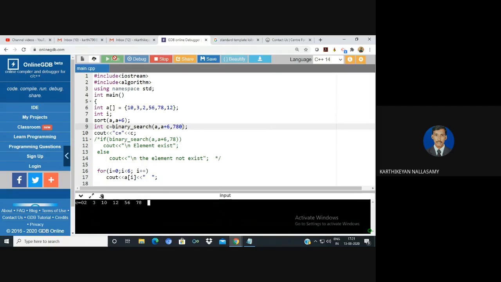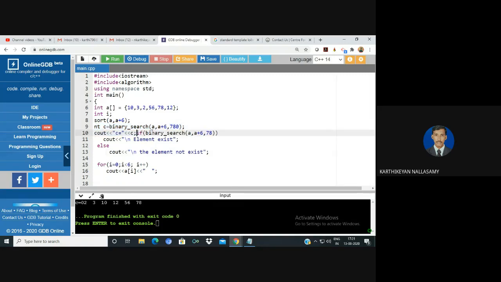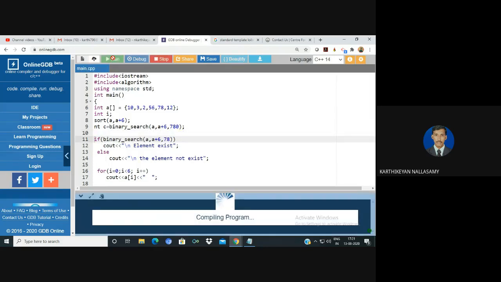Normally if you are going to implement a search, I thought the sorting was inbuilt, but it's not like that. If you want to perform a binary search, we need to sort before applying it. So we know that if you are applying binary search, we need to sort the list of elements.